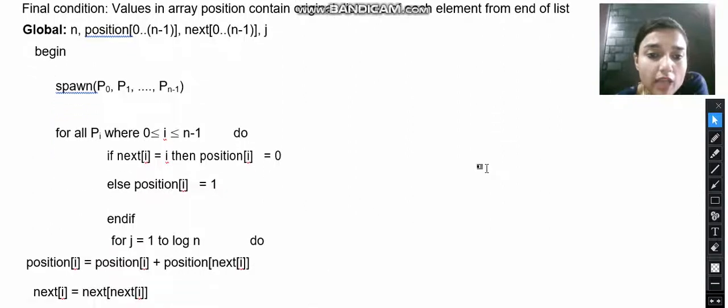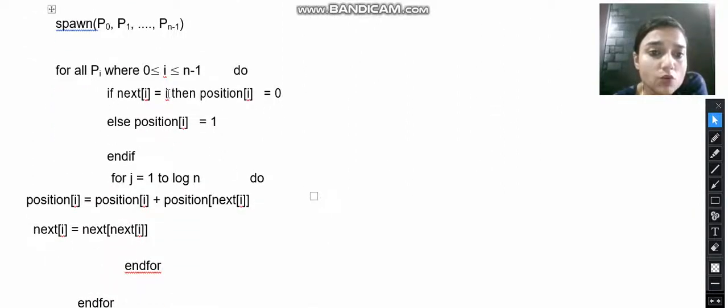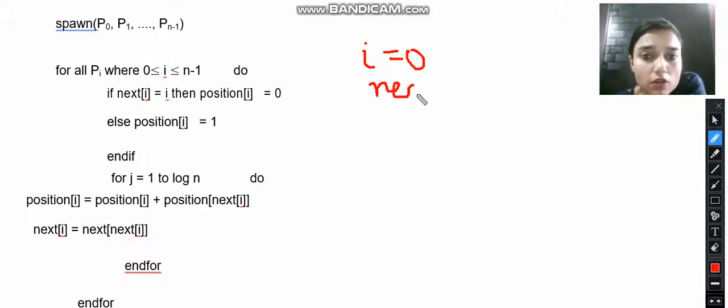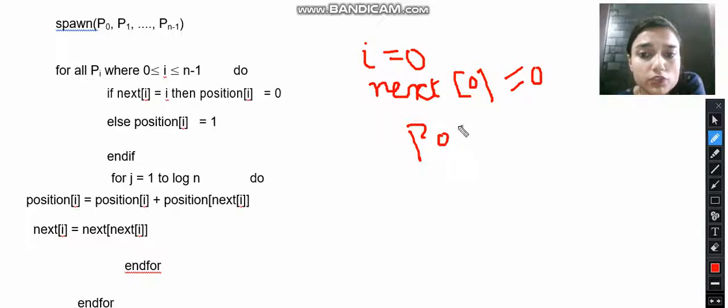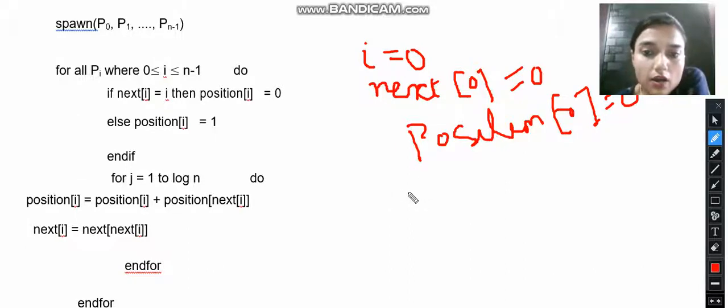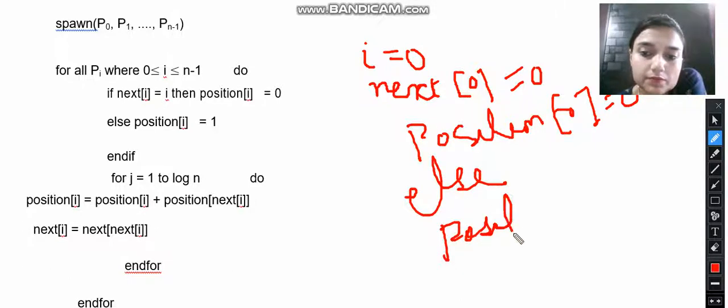So using this we can assign the value 0: if next of i is equal to i, initially with i equal to 0, if next of 0 equals 0, then we assign position of 0 equal to 0, else we assign position of i equal to 1.